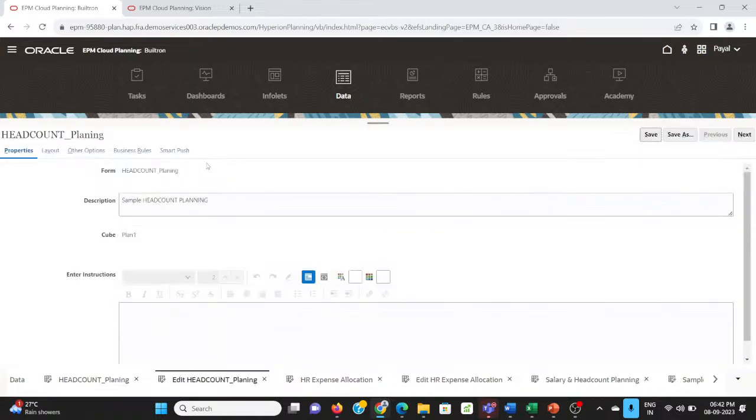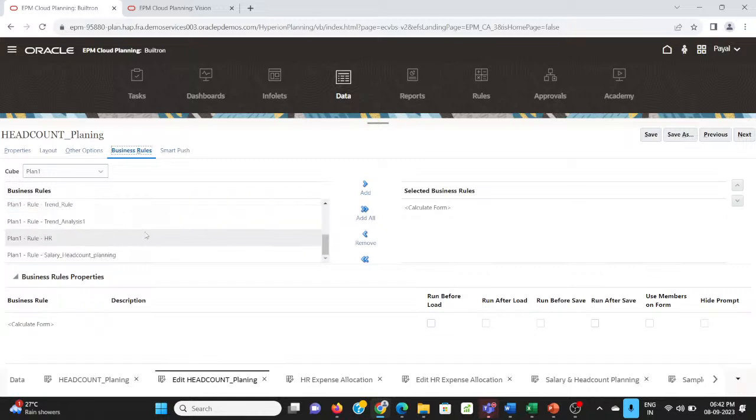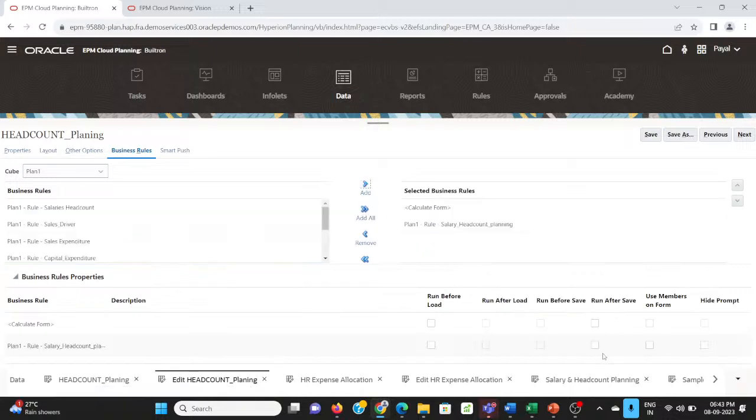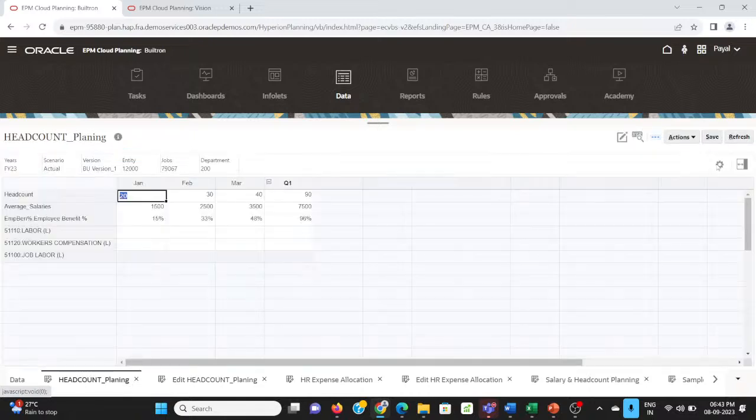I forgot to add the business rule here, which we created. Plan 1 rule, salary headcount planning. Add. Run after save. Click on that. I can save. Let's move again to our headcount planning and save, and let's see if